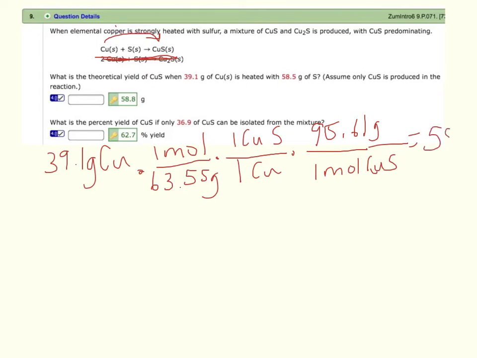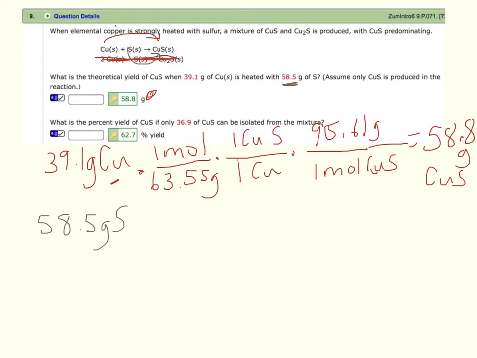That is the answer. You can see it over here. So the copper must be the limiting reactant, but let's check. If we didn't have that answer there in front of us, we wouldn't know. So we have to do a line of stoich then from the sulfur to the copper sulfide, and that number is 58.5, so we'll do